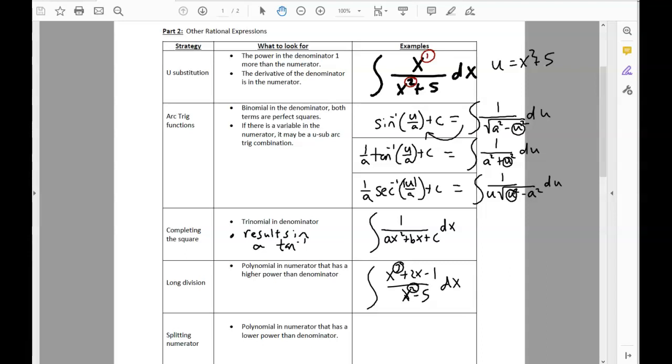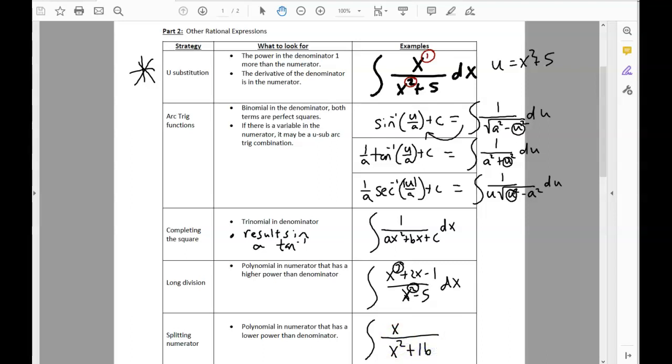So if you have a polynomial in the numerator that has a lower power than the denominator, okay. Now that's the same thing as u substitution, and so a lot of times they could also be u subs, and that's what makes them a little bit tricky. But I think what'll make splitting the numerator a little bit different is that, even though you may have a lower power in the numerator than you do in the denominator,